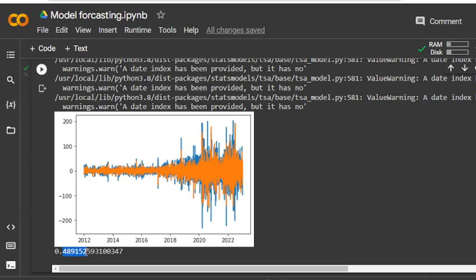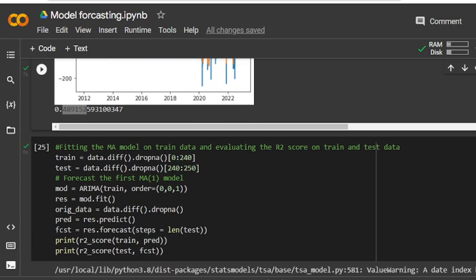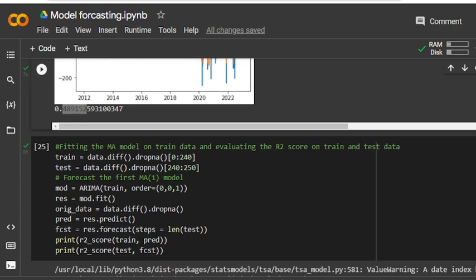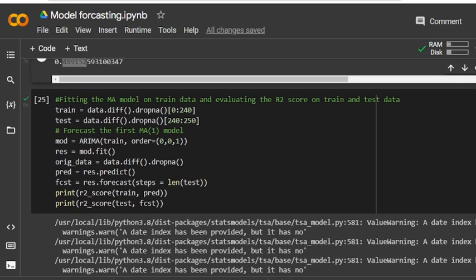Sometimes a forecaster can believe the fit and go with this data, but it's not good. So we fit the MA model on the train data and evaluate the R square on the train and test.